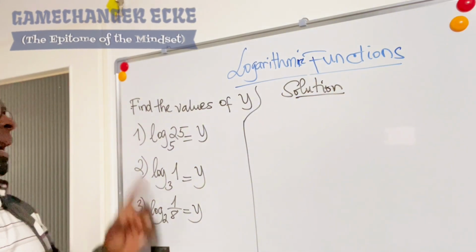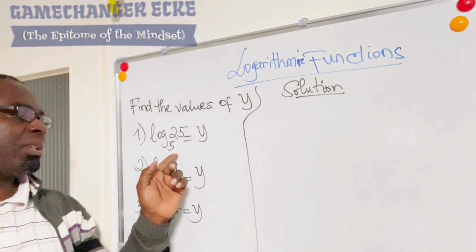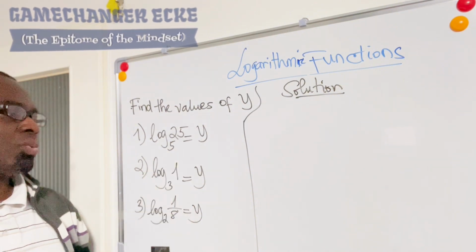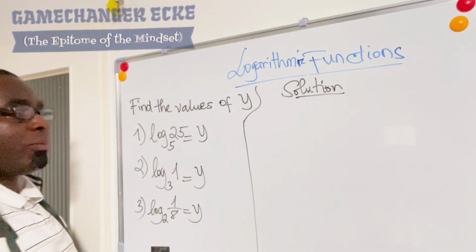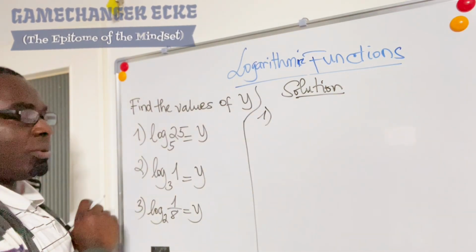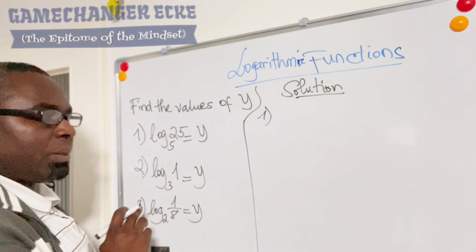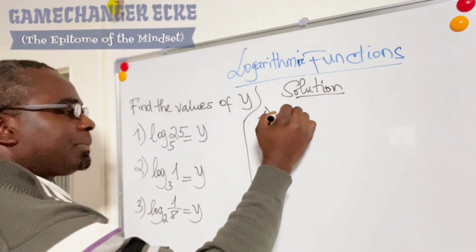Solution. So you have been asked, if log of 25 to the base 5 is equal to y, find the value of y. So let's take number 1. We have been asked to find the value of y. So here we use the rule which states that